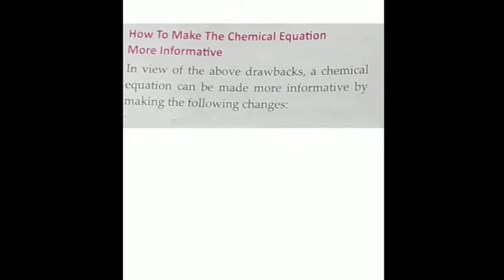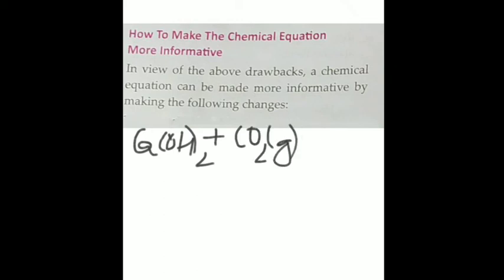Next is the solution prepared in water, that is an aqueous solution, which can be represented as aq. Any solution which has been prepared in water. For instance, when the reaction takes place between calcium hydroxide and carbon dioxide, the calcium hydroxide is prepared in water. Calcium oxide is dissolved in water, and then calcium hydroxide is prepared. That means then carbon dioxide, which is a gas, again, and then an arrow.